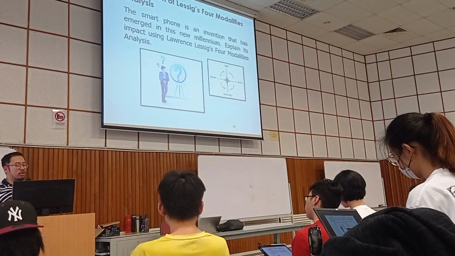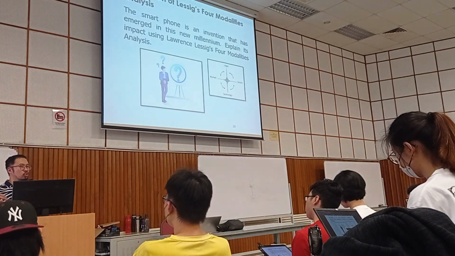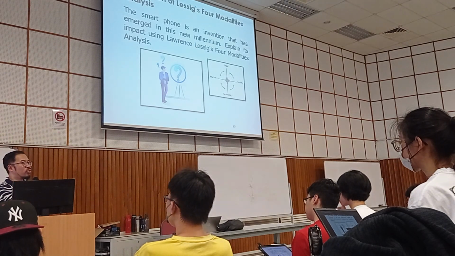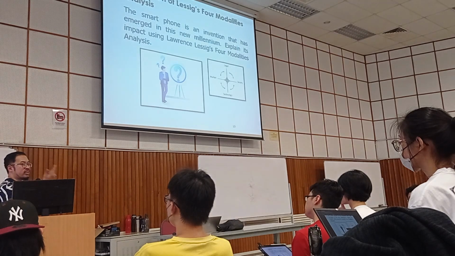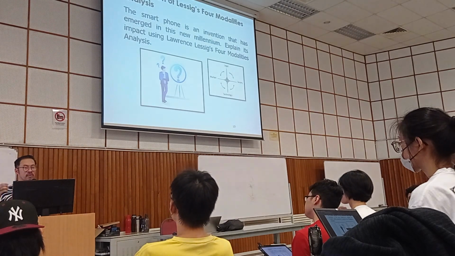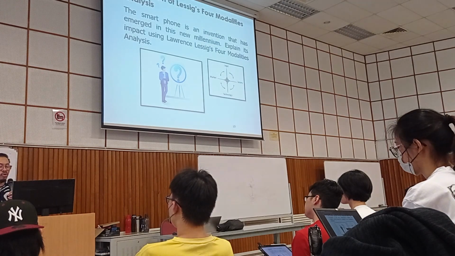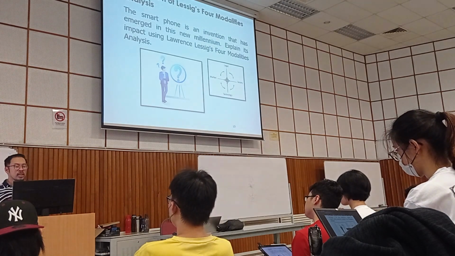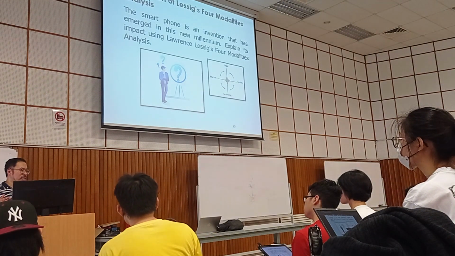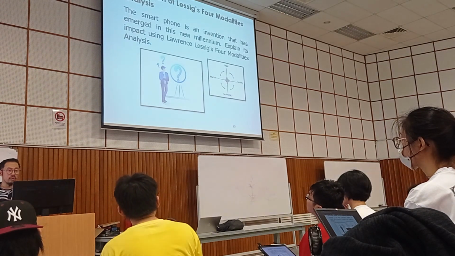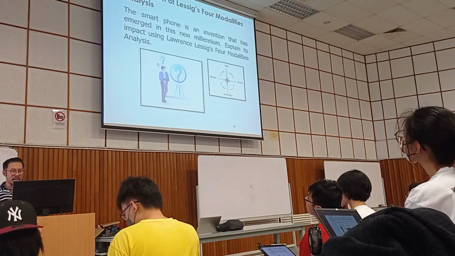Even if we're talking about visiting a museum or zoo, maybe you had to do it physically, but with this smartphone, you can have real-time exploration of the museum and the artifacts through your phone, rather than going to the museum physically. So this is just one example of how the smartphone has impacted the way we used to do things before and nowadays.